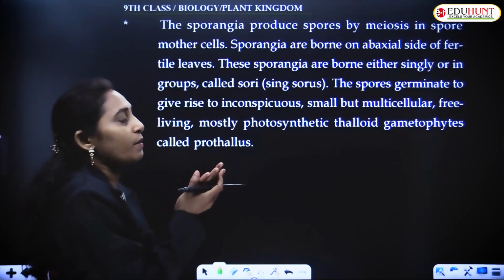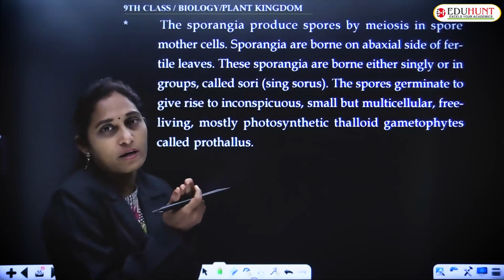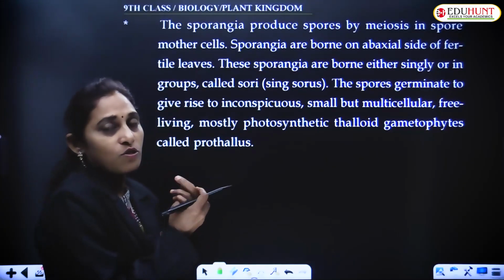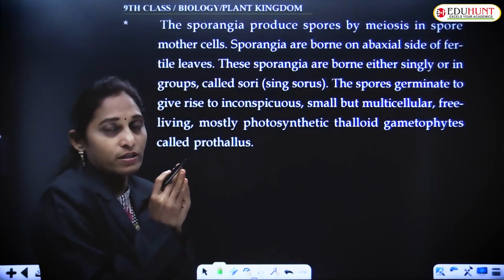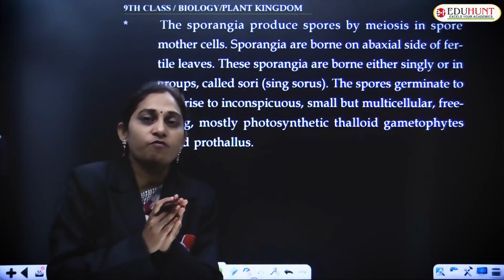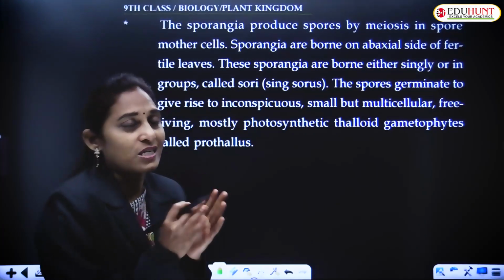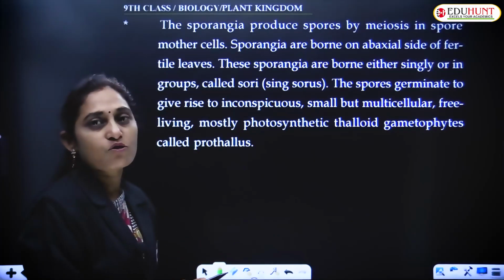These sporangia are borne either singly or in clusters called sori. A single one is a sorus, clusters are sori. So sporangia sometimes are grouped into a sorus, a group of sporangia, or otherwise they may be produced singly, solitarily, and the spores germinate to give rise to the